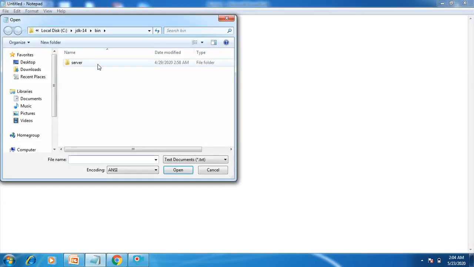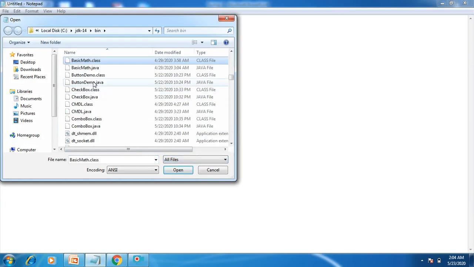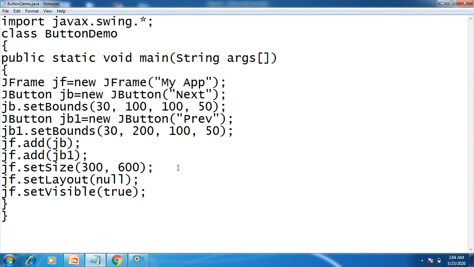Just go to the notepad. I have already created a file called ButtonDemo, so I'm going to change it to JButtonDemo.